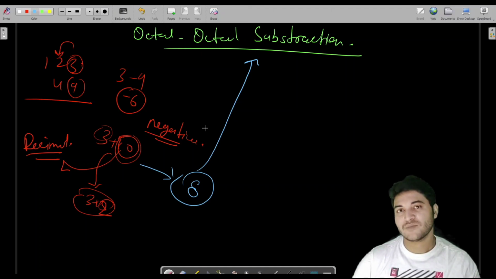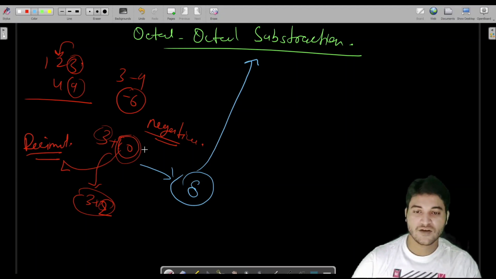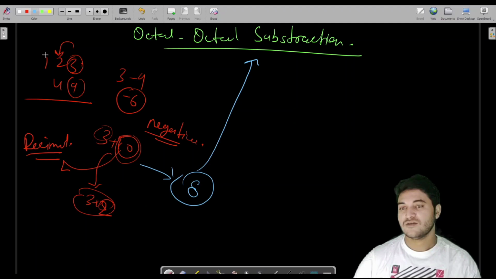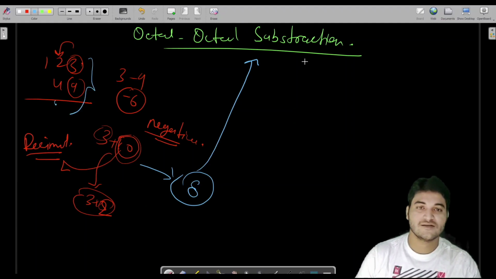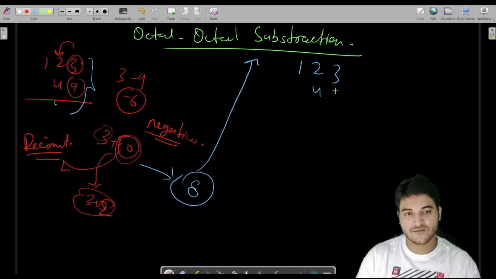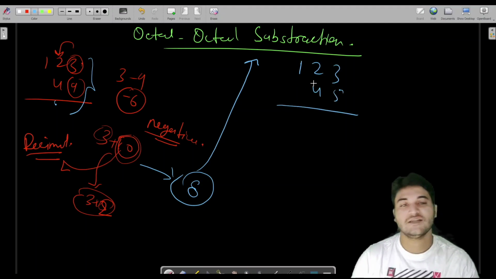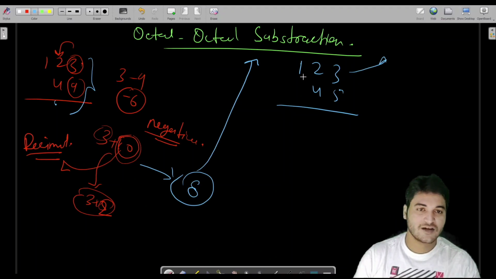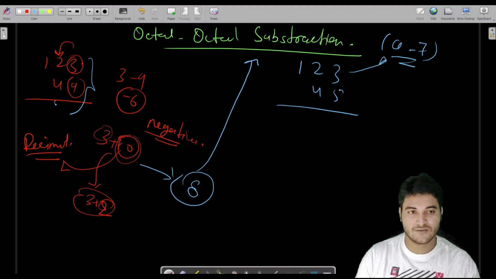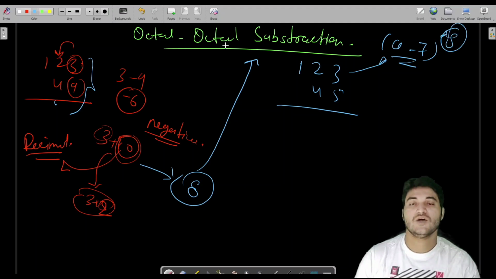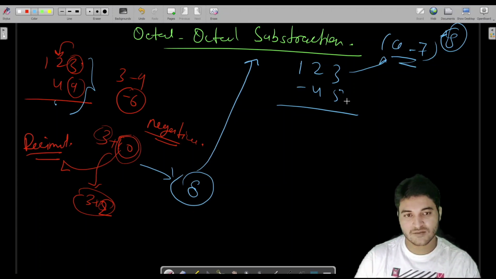That's why I was mentioning that you should watch my previous two videos if you have missed either of them. Fine, we are just replacing the base. First of all, these two numbers are not octal. Let us see an example of octal numbers 123 and 45. These are octal numbers because each digit of both numbers lies only in the range of 0 to 7. The base for octal is 8, so only 8 digits will be there in octal numbers. That is another part I have already discussed in my previous videos of the number system series.